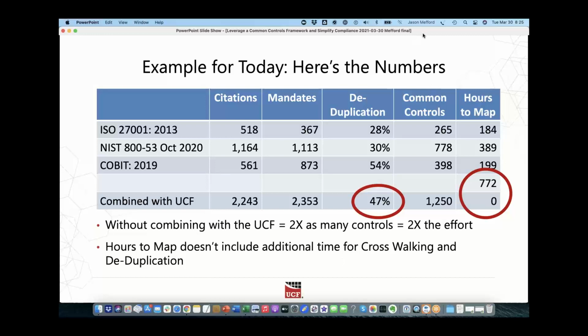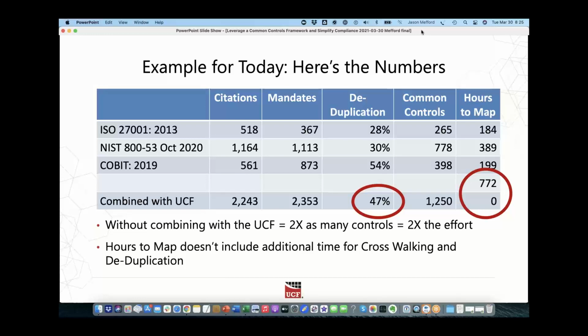As you're looking at this, you can see that there's almost 50% duplication between those 3 documents, which means if you try to comply with each of those documents by themselves, you're probably going to have twice as many controls and spend twice as much effort to comply with those as if you were to combine them together and use something like UCF, okay? Now, the other thing is, if you notice off to the right, even the hours to map these documents.